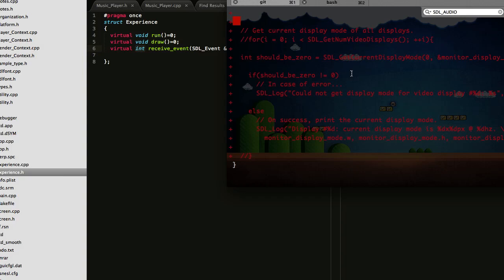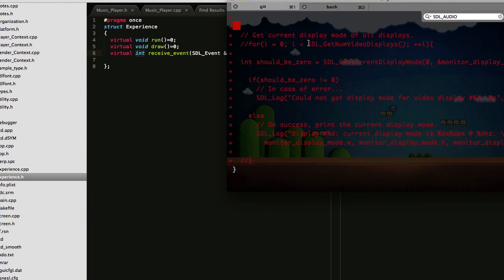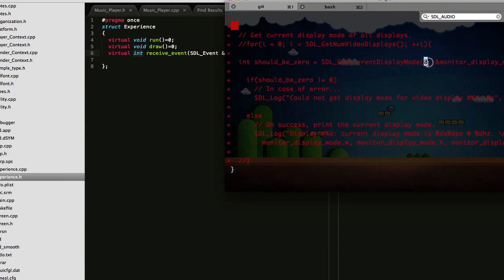And the function I got from SDL Wiki, and it was supportive of multiple displays. But since I'm only dealing with one display, I just get display 0, which I am assuming will always be the main display. But if not, then this function will have to be altered in the future. But I use this so I can get the display resolution of the user's monitor, because in my window resize function, I need to properly size the window such that if a user tries to resize the window